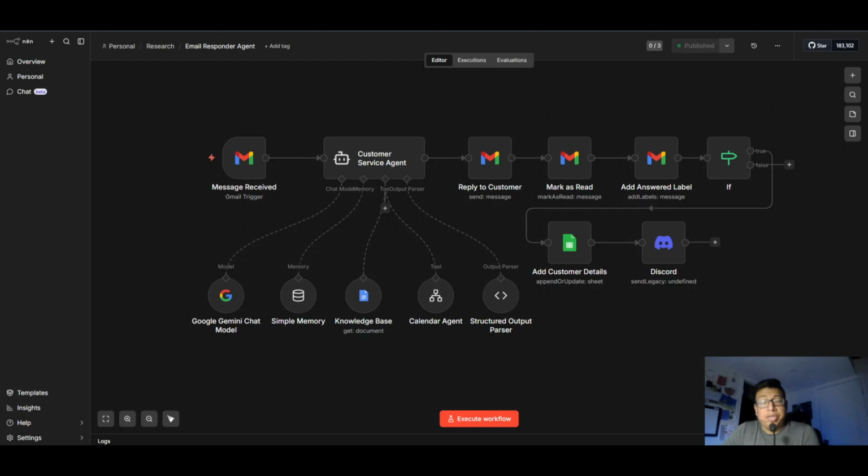What if I told you that your inbox can manage itself? Emails can reply to themselves, and meetings can be booked for you automatically. This can all be done without using any paid tools. If this sounds like something that you'd like to learn how to build, keep watching and I'll show you how I got this set up.